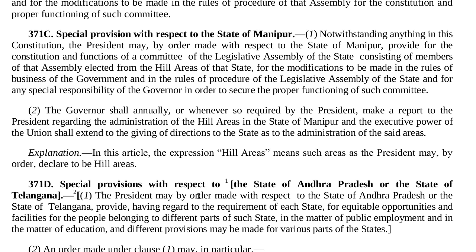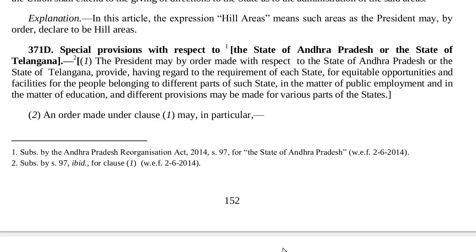1. The President may by order made with respect to the state of Andhra Pradesh or the state of Telangana provide, having regard to the requirement of each state, for equitable opportunities and facilities for the people belonging to different parts of such state in the matter of public employment and in the matter of education, and different provisions may be made for various parts of the states. 2. An order made under clause 1 may, in particular,